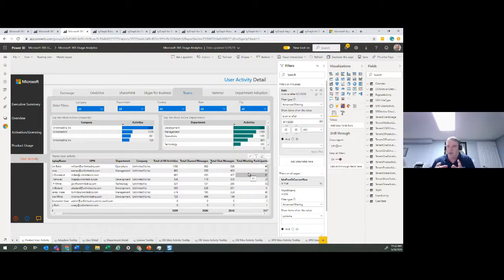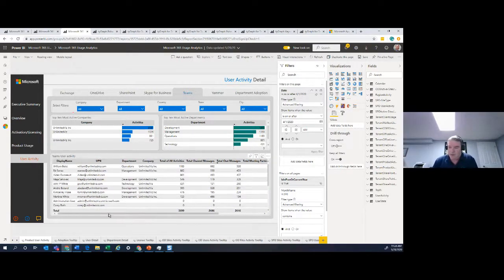The reason this happens is that this data is summarized to a month level, and May has not arrived yet. So on Monday or Tuesday, June 1st or 2nd, May's data would arrive for me. But from a granularity perspective, you're dealing with a month of data, specifically around user activity. Just bear in mind, that may be perfectly fine for your purposes, but that is one of the limitations of this.